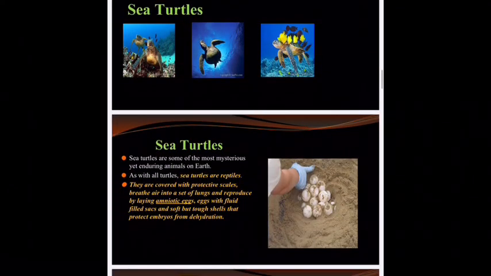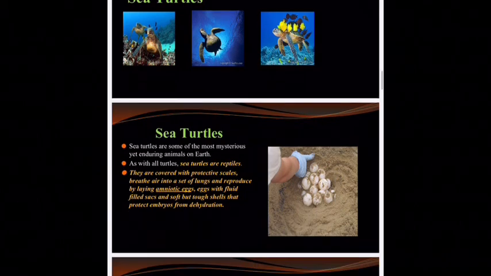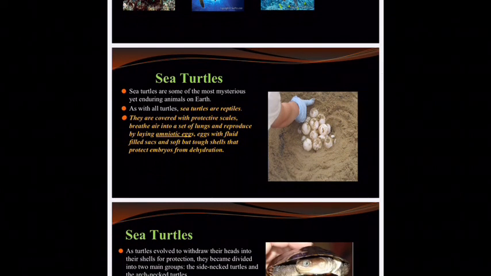All right, so now sea turtles. Sea turtles are some of the most mysterious yet enduring animals on Earth. Okay, now sea turtles are reptiles. They're covered with protective scales. They breathe air into a set of lungs, so no gills, and they reproduce by laying amniotic eggs. Okay, and these are eggs that are kind of squishy because mommy has to drop the eggs into a hole that she dug about a couple feet deep. And so they have to be able to squish and not break,